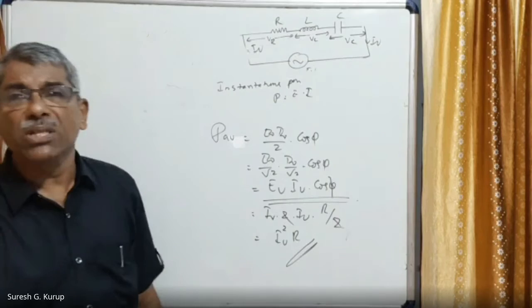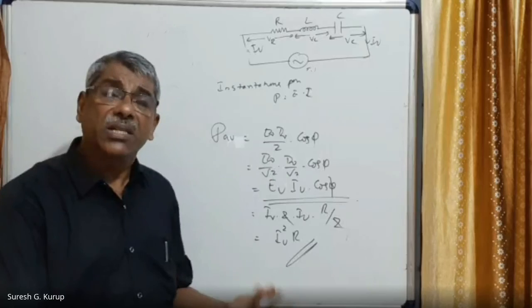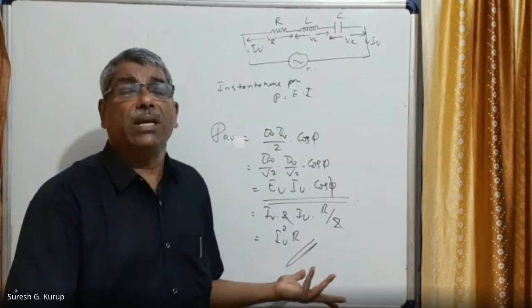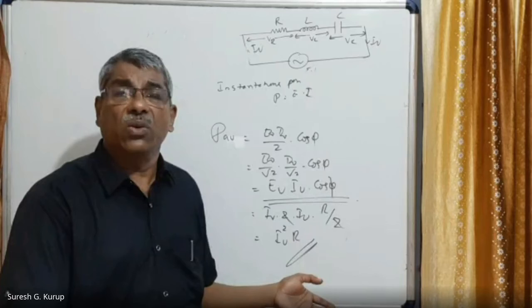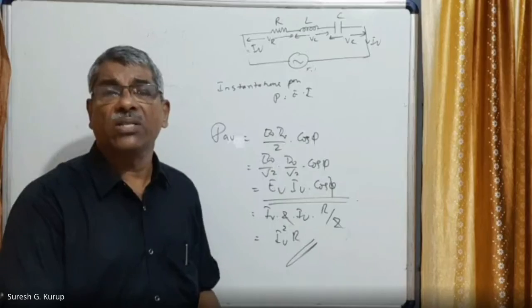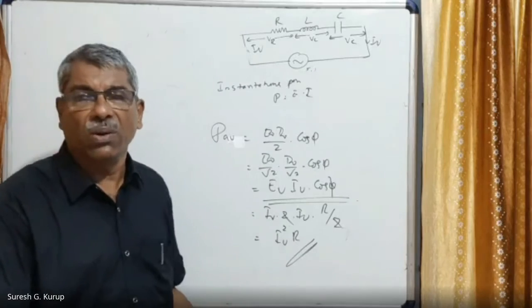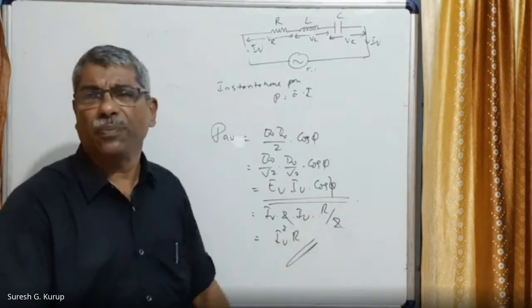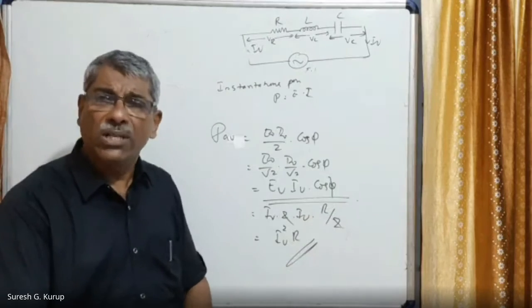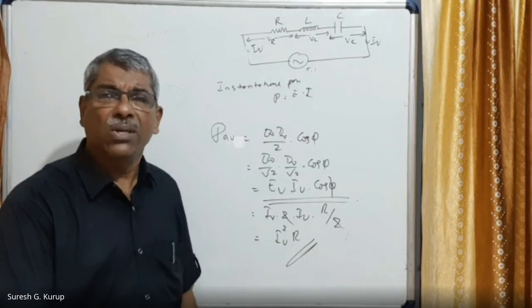First, you have to derive the impedance of the LCR series circuit. Then you have to calculate how the phase difference between current and EMF can be calculated. Then what is the current relation in this case? If it is an inductive circuit, I is equal to I0 sin (omega t minus phi). If it is a capacitive circuit, I is equal to I0 sin (omega t plus phi). In both cases, the power consumed is EV IV cos phi. There is no difference.